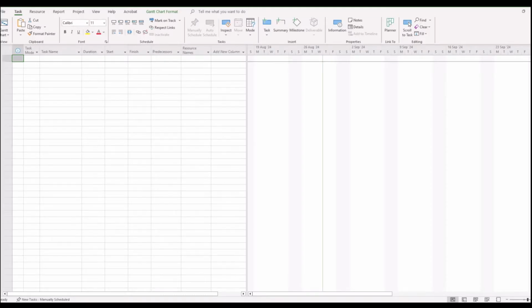In project management, it's not uncommon to commence a project by brainstorming tasks or putting together a work breakdown structure in a spreadsheet like Microsoft Excel. So you might wonder, well, is it possible to import that data from Microsoft Excel into Microsoft Project? Well, the good news is you can, and I'm going to show you step by step how to do this